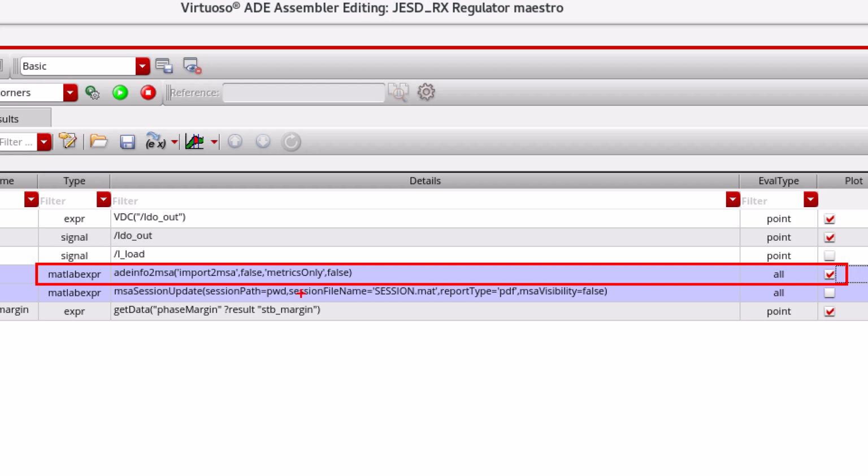The assumption here is that you've used Mixed Signal Analyzer previously. You have manually performed some analyses and visualizations on a data set, and then you save that session file, and now you're going to apply that to future data sets. So if we had that checkbox checked here instead, when the simulation was complete, it would take the new data set, apply this analysis that's specified in session.mat to it.